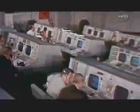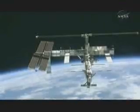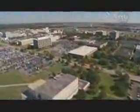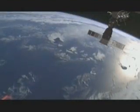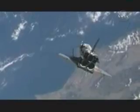For more than 40 years, the Johnson Space Center and its people have been at the very heart of America's human spaceflight program. From the early space-era projects of Mercury, Gemini, Apollo, and Skylab, to today's Space Shuttle, International Space Station, and Constellation programs, the Johnson Space Center has been recognized as the leader of NASA's efforts in human space exploration. Between 2007 and 2025, the Johnson Space Center will continue to lead humans' presence in space through the completion of the International Space Station, the development of the Crew Exploration Vehicle, and the return to the Moon, and this time, to stay. Nearly every astronaut and cosmonaut who has orbited the Earth has noted that there are no national borders visible from space. As we move forward into the next era of space travel, those